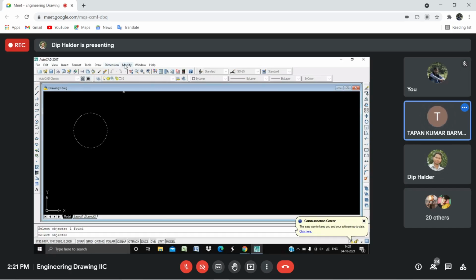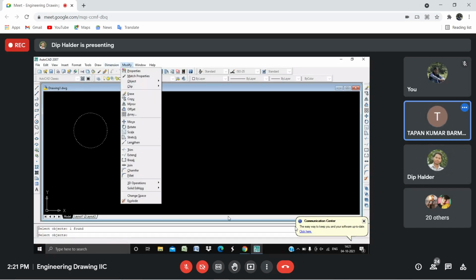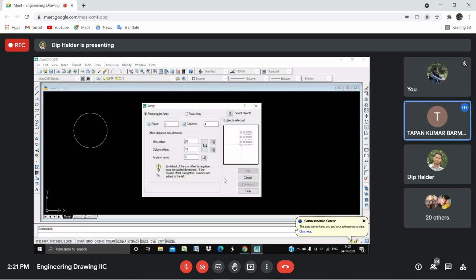Can you do it now? Change the value. Have you selected the object? Probably the object is not selected. It says 0 objects selected, you see.